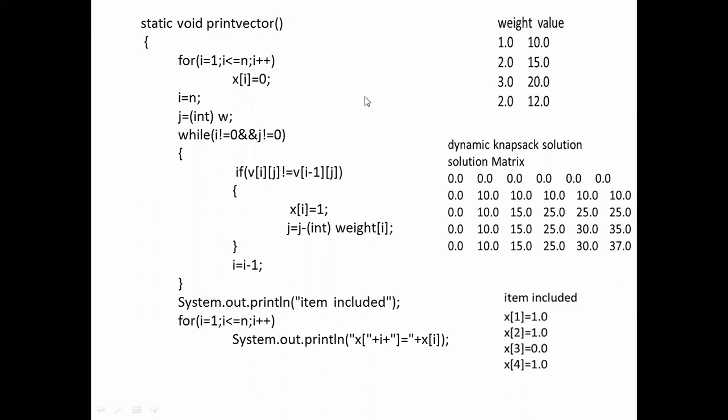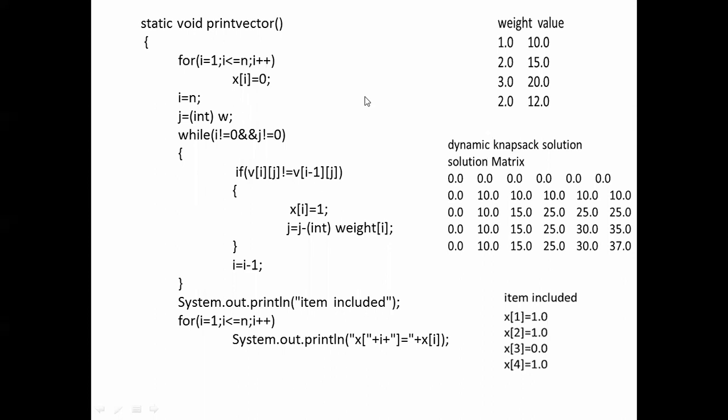So System.out.println to display in the vector format, we have used it like this. That is x, then square bracket, it is in the double quotes. Then the i value has to be displayed like 1, 2, 3, 4, so it is not in the double quotes. Then again plus, within the double quotes, give the closing bracket and then equal to. I want all this to be displayed. So whatever I want to be displayed will be in the double quotes, and whatever is not in the double quotes, its value will be displayed. Those variables' values will be displayed here. So x of i will be displayed.